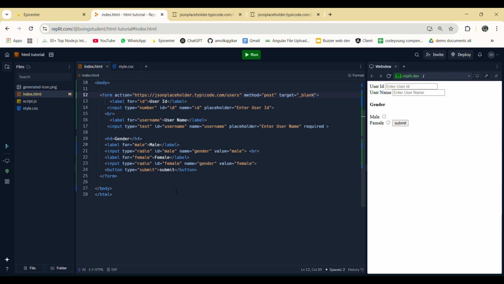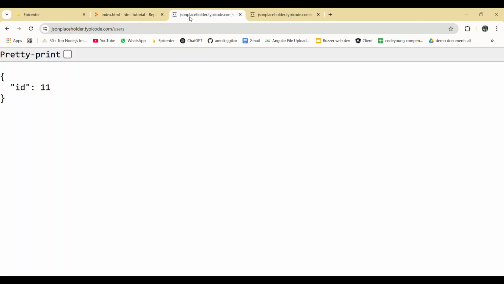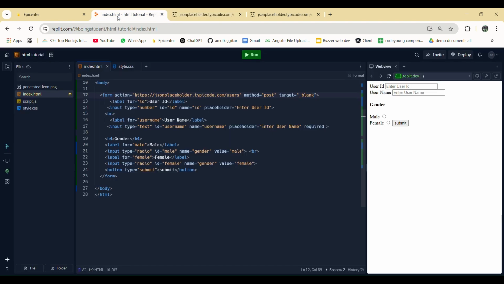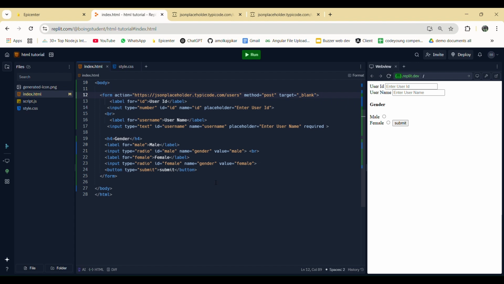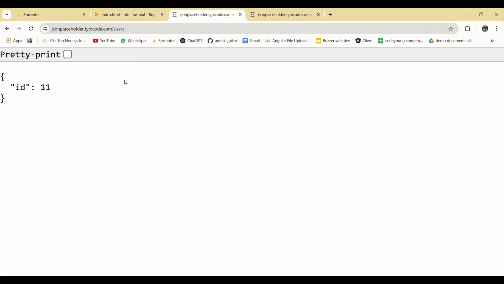When we click on the submit button, the request will be sent to the backend. In our case, it's here, right? And this JSON placeholder API will send back some response. That response should be opened on the same page here or should be opened in a new tab. That would be decided with target. If we keep target as blank, it will always be opened in a new tab. Fine, let's see.